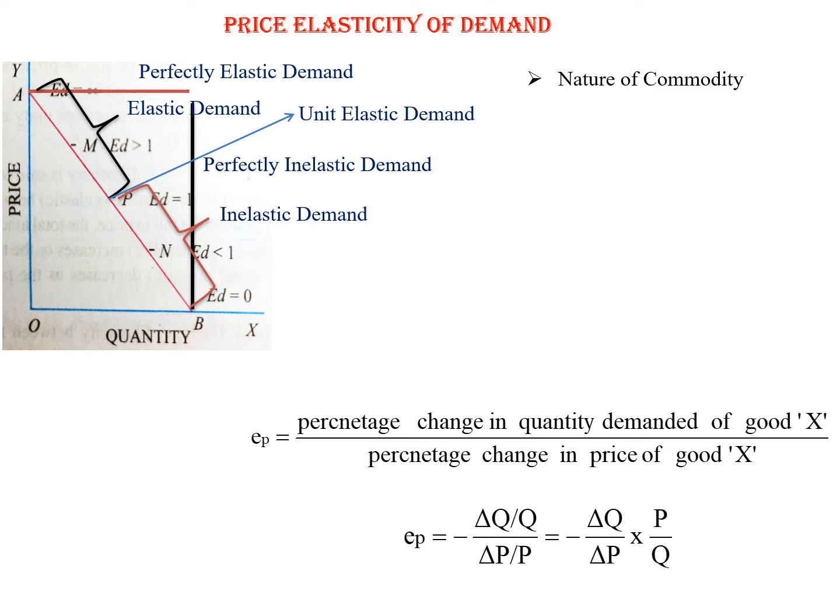Let's see what the parameters are on which elasticity will depend. Nature of commodities. You tell me, if one product is a durable product and another product is a perishable product, for which will elasticity be higher? Definitely for the durable product, elasticity will be higher. Why will it be higher? Because you have to keep the product for more time. For the durable product, you have to adjust your consumption process,